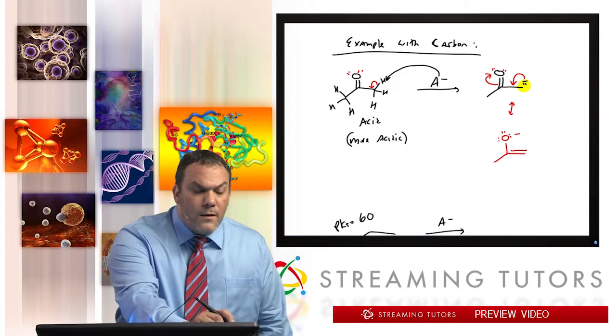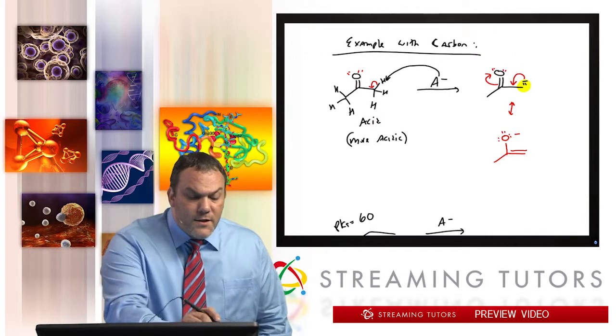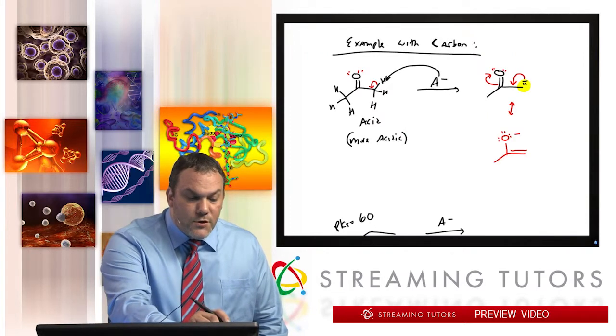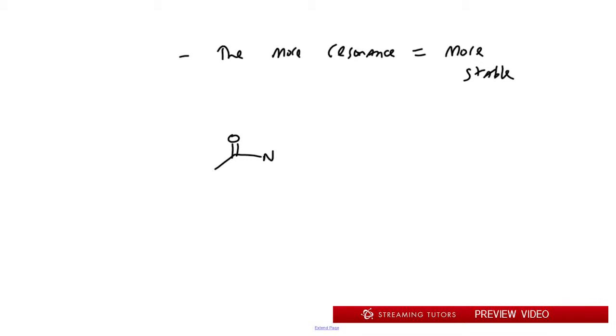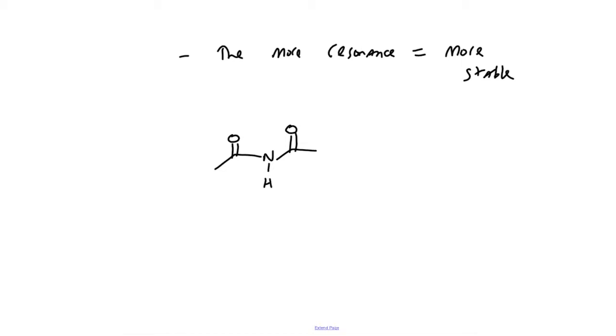Okay. Now, before we go on to this one, I want one more point to mention. Okay, very important. So, the more resonance equals more stable. Okay, now if I have, let's say, we have over here, I'm trying to think of one. Let's say we do a nitrogen. Now this nitrogen has 2 double bonds on the left and right side of it. And let's say this nitrogen has an H. And then I compare